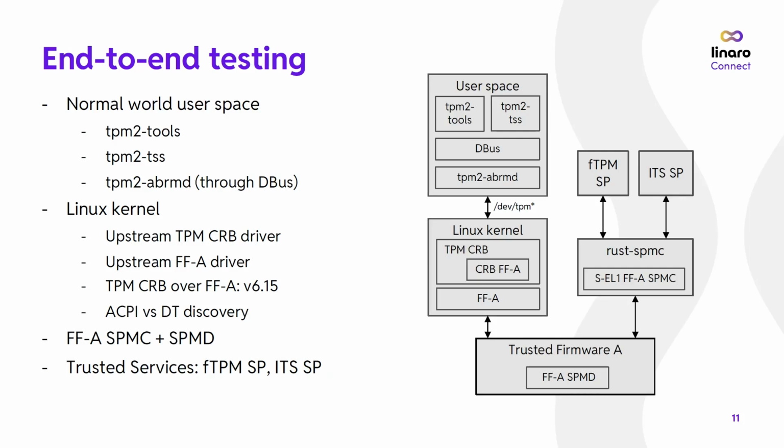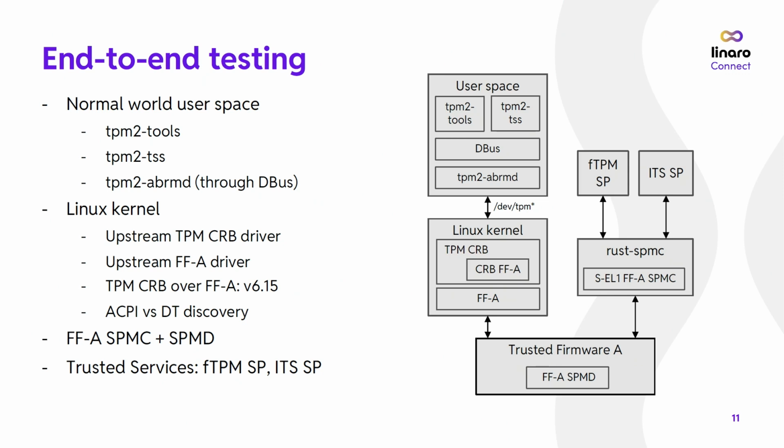So for end-to-end testing, I was using this setup. TPM2tools is a convenient way to just test if the TPM works and issue some commands. It relies on the TPM2 TSS library, which accesses, through the bus, the ABRMD, which is the access broker resource manager daemon. And this is the component that will actually open the character device, and then we end up in the